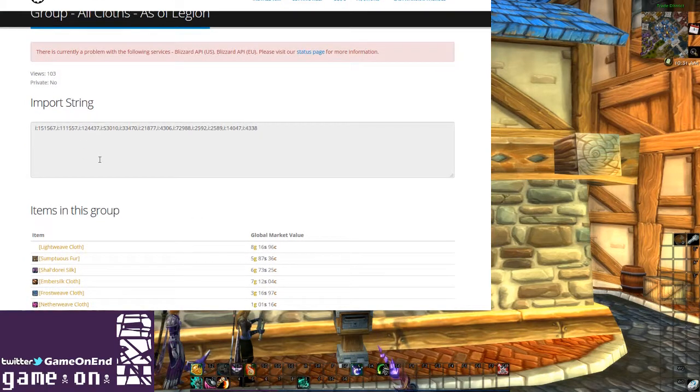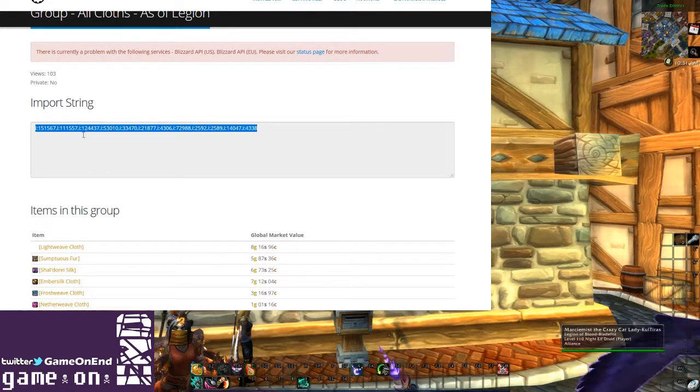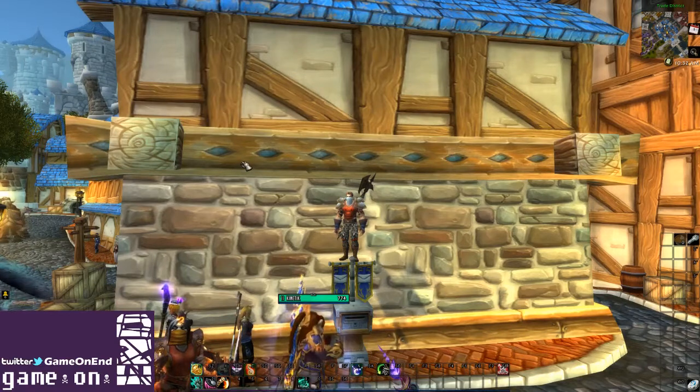If we click in, we see this field here with an import string. What these are is item numbers. In the game, every item has an item number associated with it. Not all of them start with the I here, but in this case these are all those type of items. So all you need to do is select all of the text, make sure you have all of the text copied there, and then you just want to copy it, go back into the game,